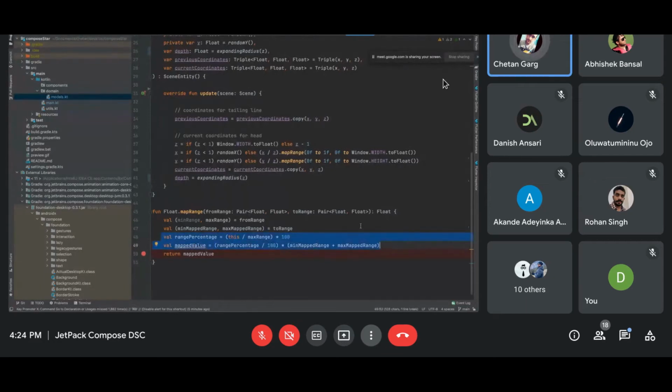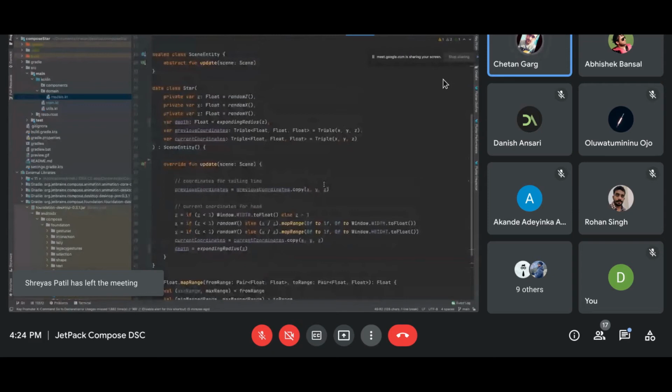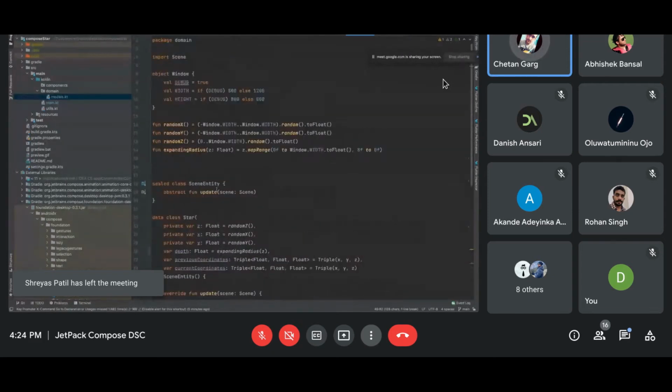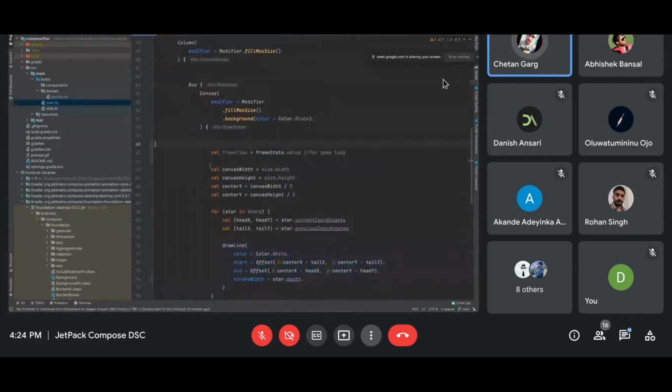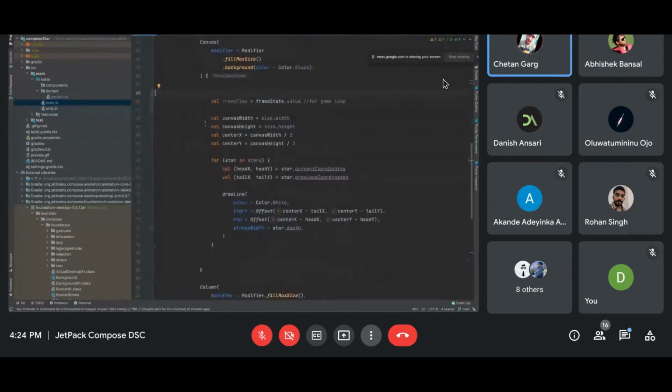So there is no big data science maths in it. Other than that, everything has been taken care of by my random functions. And there is nothing special inside this code base that can give you a nightmare you will be scared of.